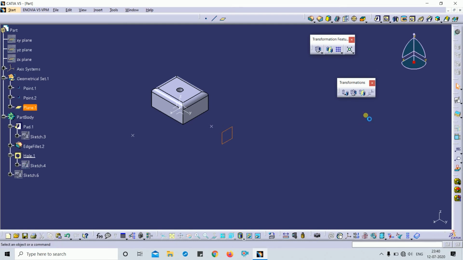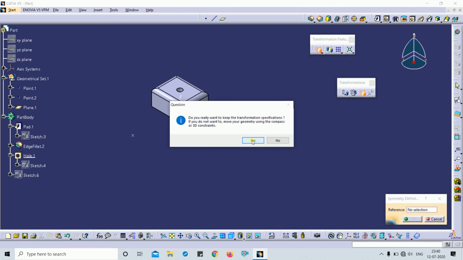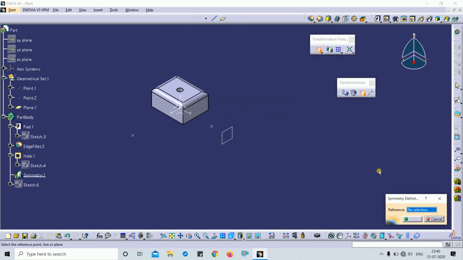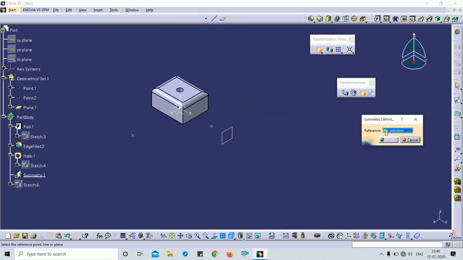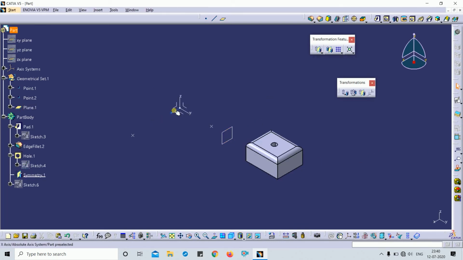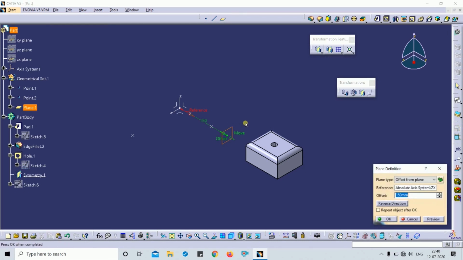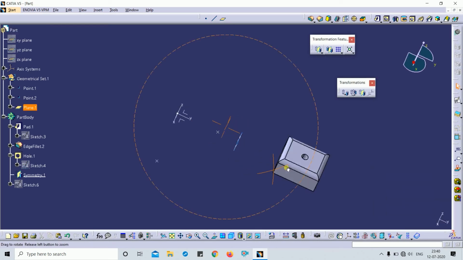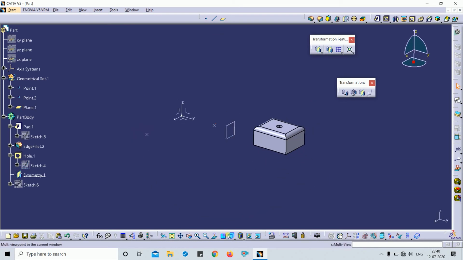So select transformation, this is symmetry, this is the reference, and you can see the result. This body moves with reference to the selected reference plane. Here is the result.